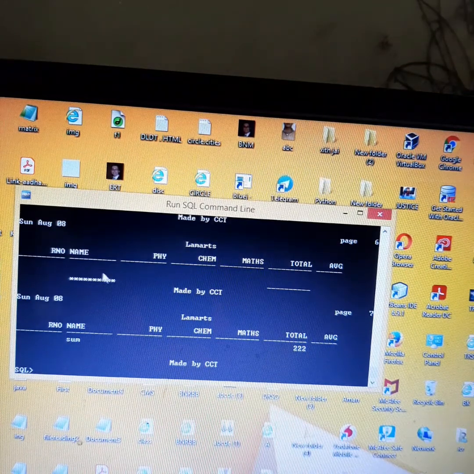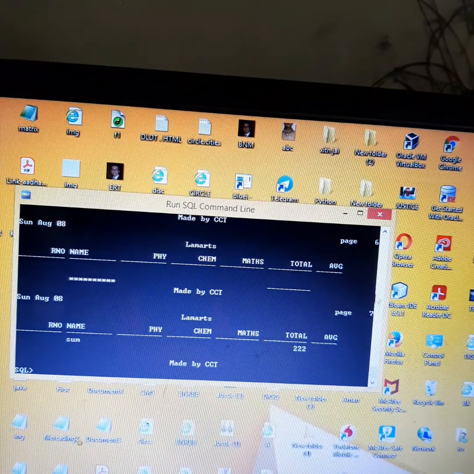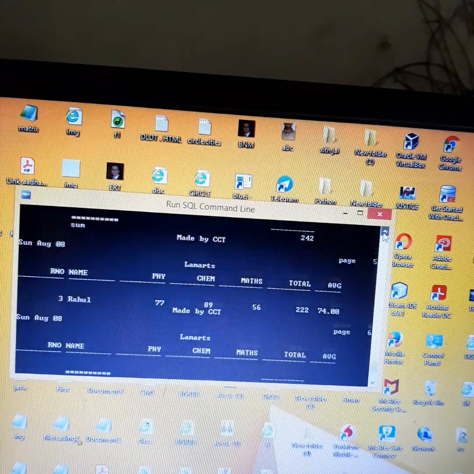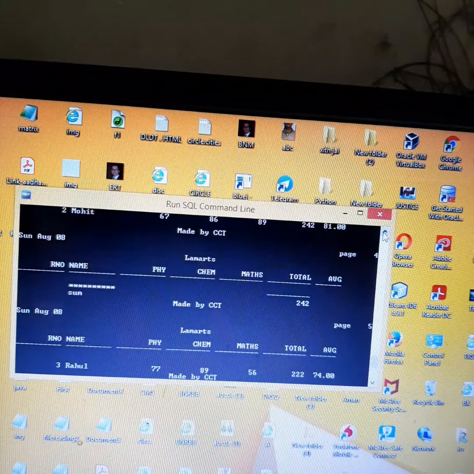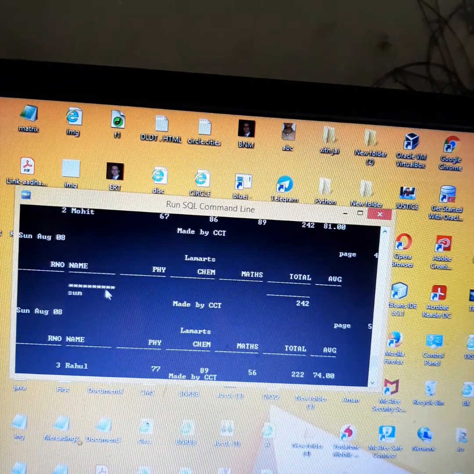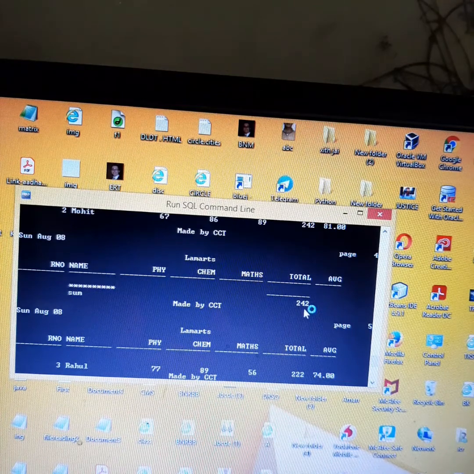So you can see here it is giving something like a subtitle or a subtotal. It is giving an underline below the name, and 242 is a subtotal, because only one student at a time will be calculated as a subtotal. So subtotals are being given just below the name.